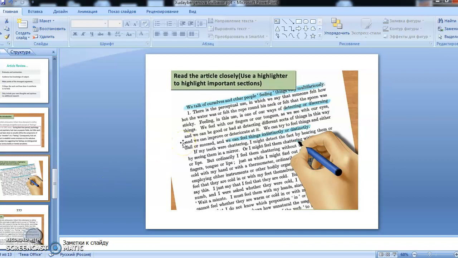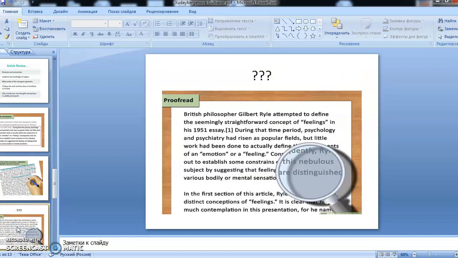And here there is a sample of taking notes from the article while we are writing the article review. Here the important sections of the article are highlighted. In order to get notes to write the article review, you should highlight the main points of the article. That was the example of that.